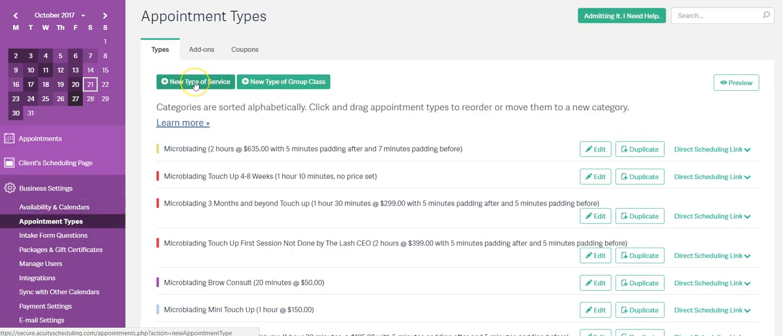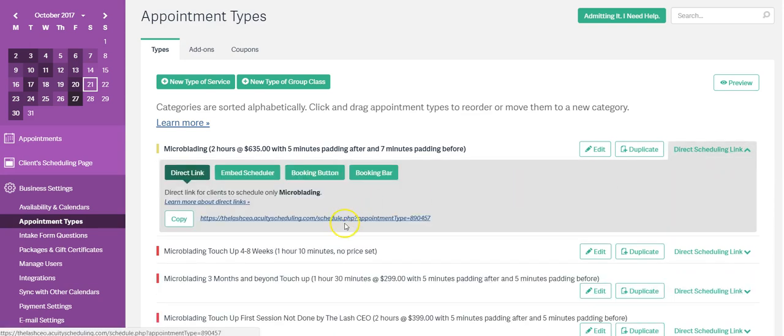This is where you actually can add in a new service, and if you actually want it visible. Or another neat feature here is that once you add in, like say, I have this microblading appointment here. If I want to have a direct scheduling link, like say I'm on Facebook and for whatever reason a client's like, how can I schedule with you right now? I know you're really busy. I can give them this direct scheduling link,